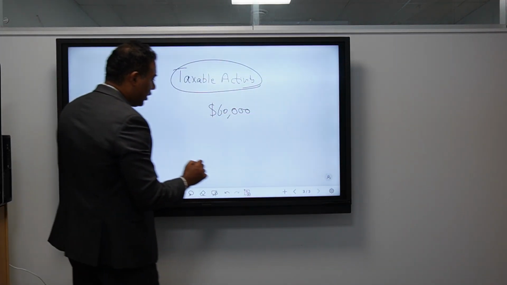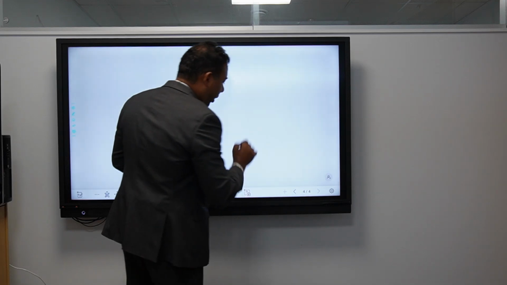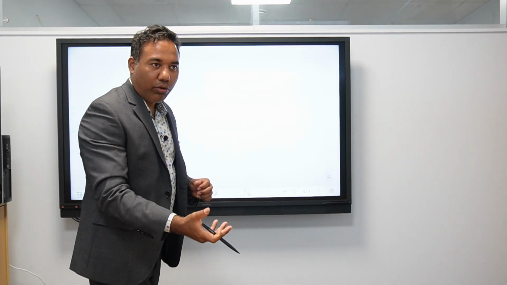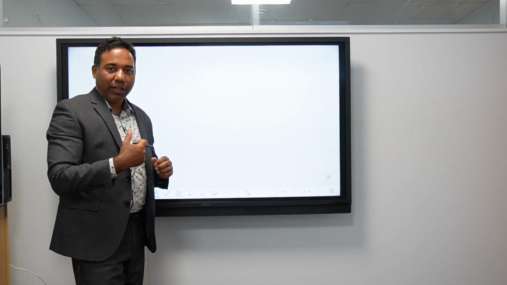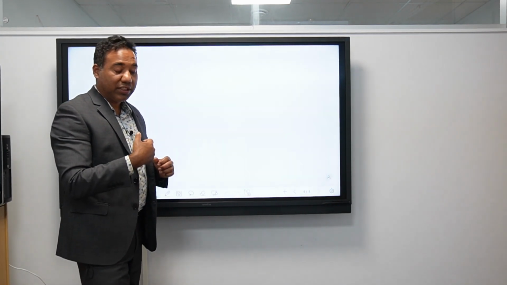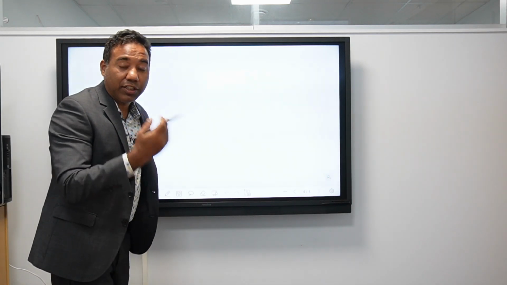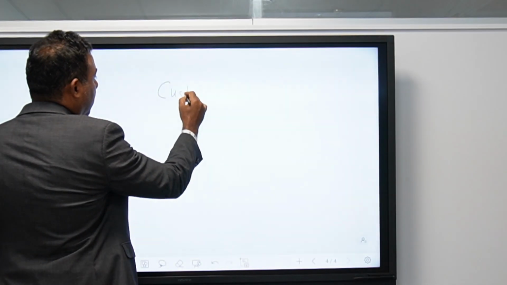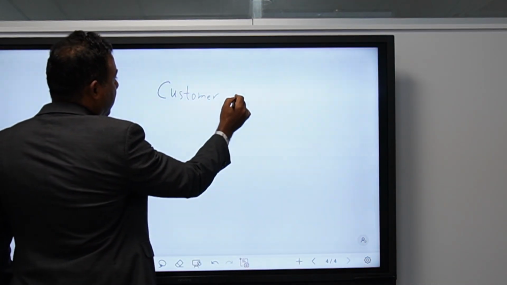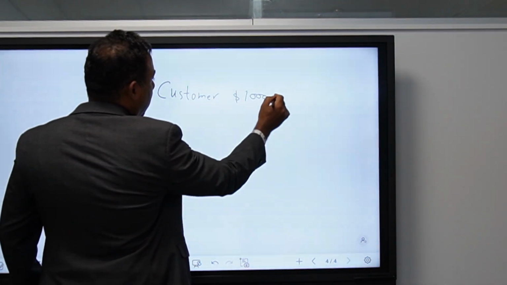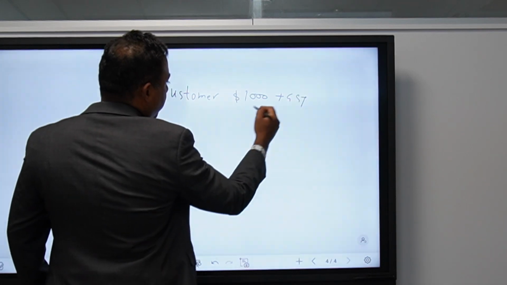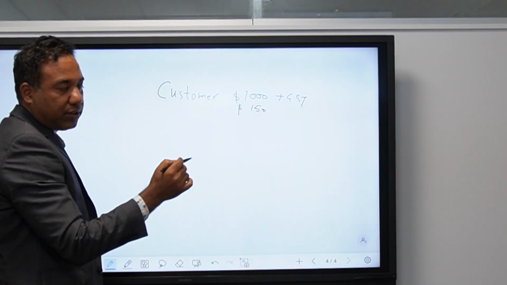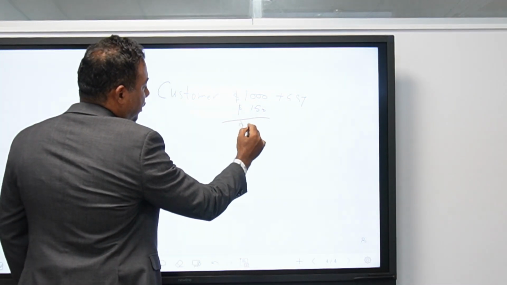So basically the payment basis is when I pay you, then I claim GST, and when my customer pays me, I pay GST. For example, I raised an invoice to a customer. So this is my customer. I raised an invoice of $1,000 plus GST. So GST on $1,000 will be $150 because 15% is GST. So $1,150